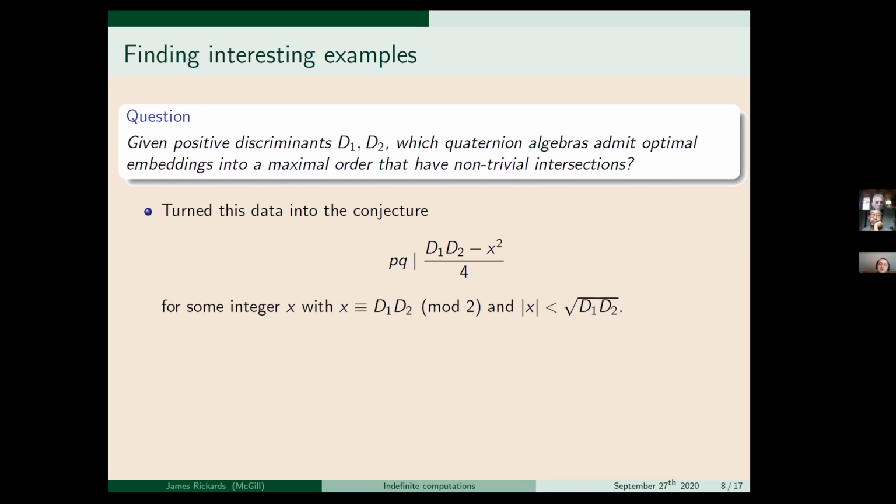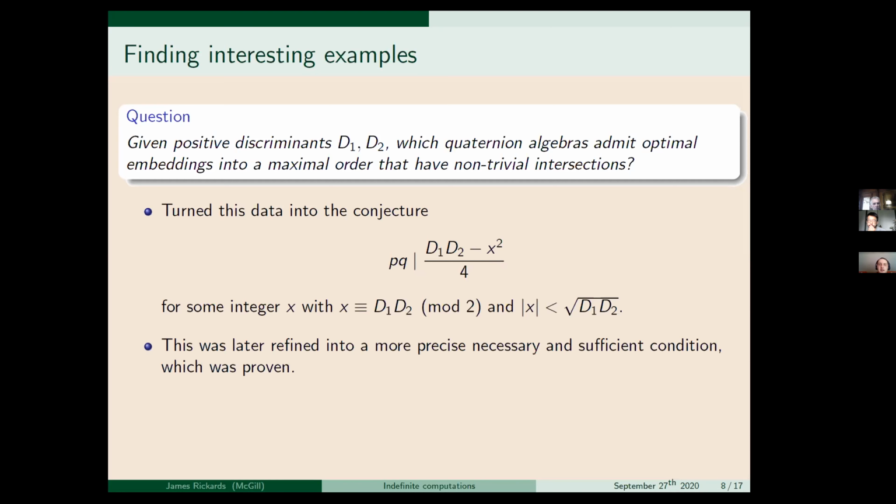And then if you factorize this number here, there's finitely many pairs P, Q for which there could even be a non-trivial intersection. So this already was very useful in that it really restricted the search space to finding interesting examples. Now at the time, this was just a conjecture, but later on, so this is also necessary, but far from sufficient. But later on, this was refined into a much more precise and necessary and sufficient condition, which has been